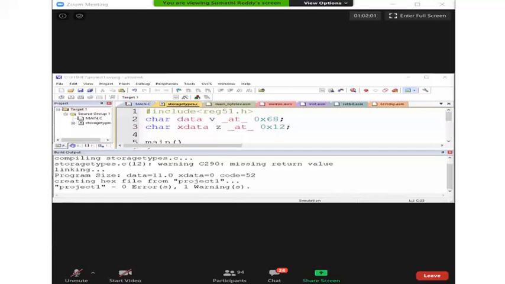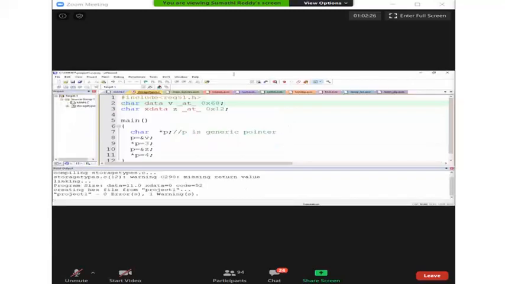If a memory specific pointer is pointing to internal RAM, it is 1 byte. And if it is pointing to the whole external RAM, then it is 2 bytes. This is how you can explain the pointers available in the C51 compiler.